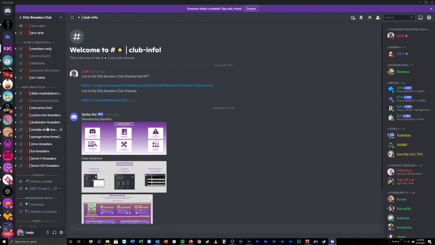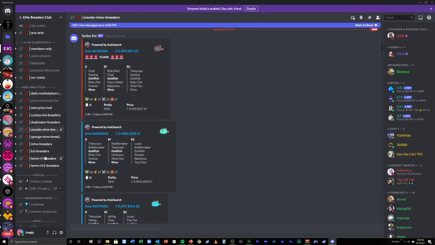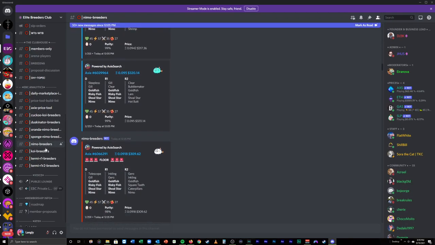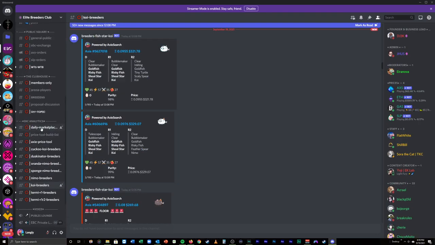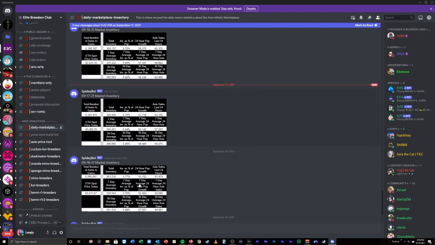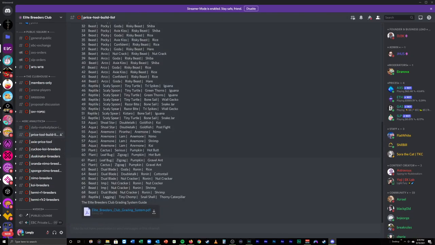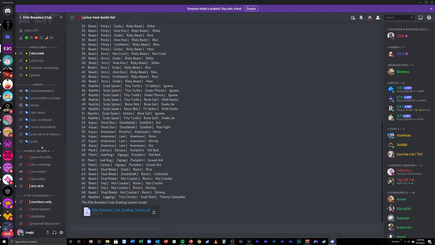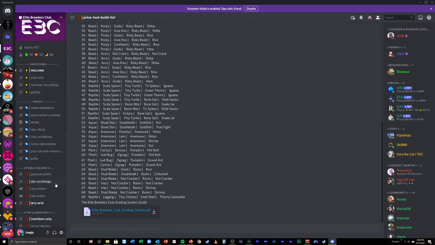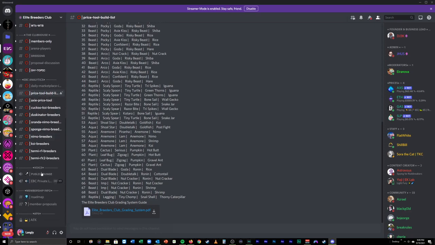So in this Discord, you can see all these builds. They give you a lot of options here, a lot of information for you to dive into and soak up. They've got daily marketplace analyzation and price tool build lists that you can take a look at. And there's a ton of information here. I'm not going to go through everything they offer here. I think you'll be able to find it all yourself pretty quickly once you join the Discord and check them out. But I just want to give you a quick overview of kind of what they are offering to you